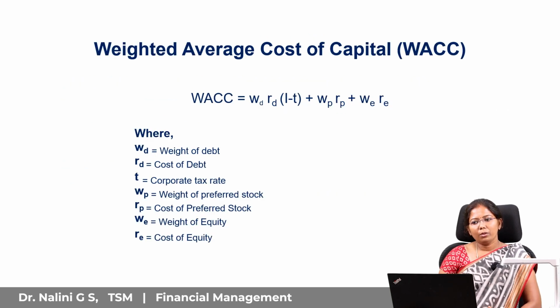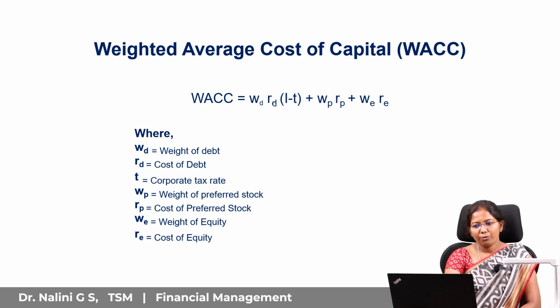This is the formula for weighted average cost of capital. In other words, this is the way to calculate cost of capital. Here we have to apply the weight. Weight is nothing but the capital structure: how much debt, how much equity, how much preferred stock in the capital. So weighted average cost of capital is equal to weight of debt